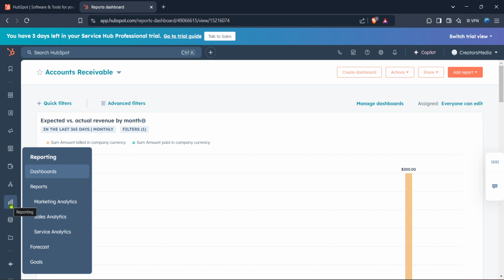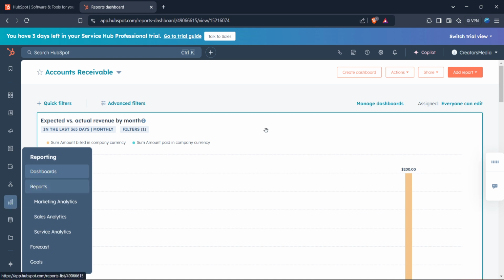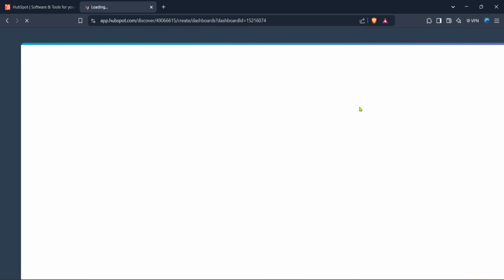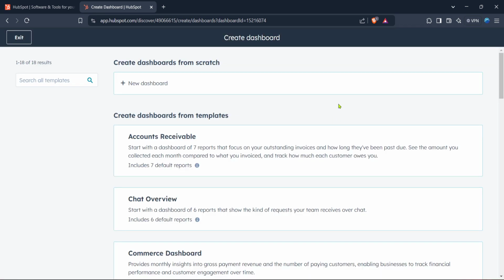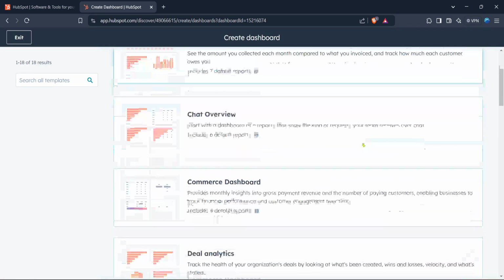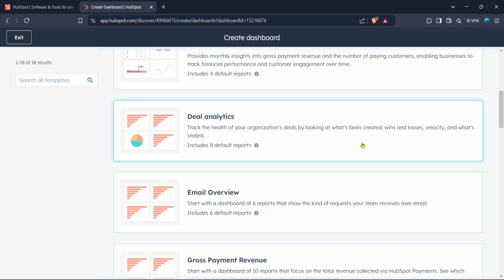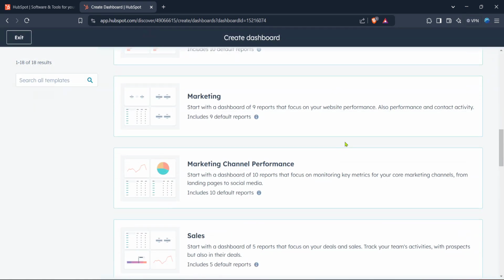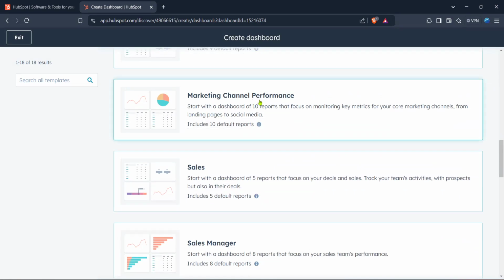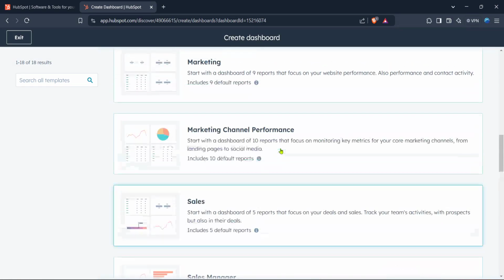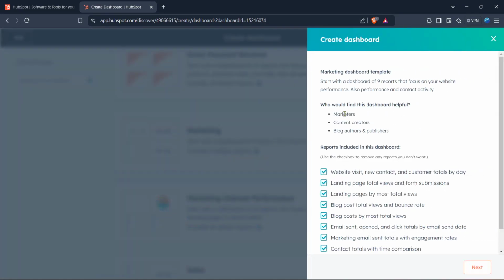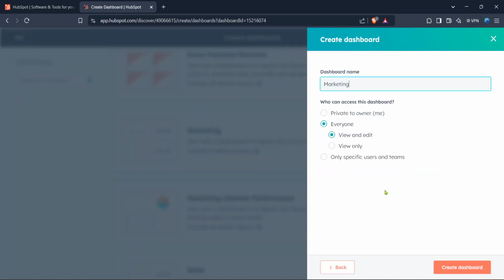Once you're in the dashboard section, you'll see an option to create a dashboard. Click this to initiate the process of building a new dashboard. It's an intuitive process and provides you with multiple options to ensure your dashboard reflects the data you prioritize. After clicking Create Dashboard, the next step involves selecting the type of dashboard you want. Our focus today is on crafting a marketing dashboard, so simply click on Marketing. This choice will tailor your dashboard to fit various marketing performance metrics, making it simpler to track efforts or strategize